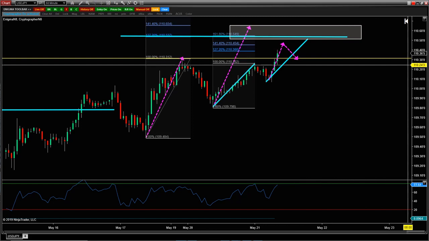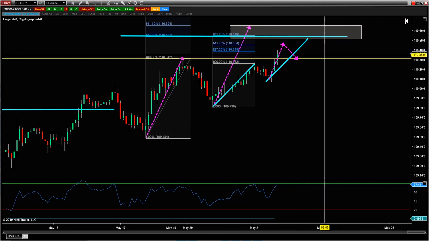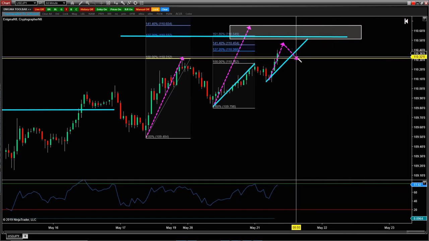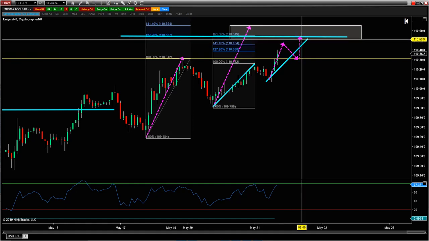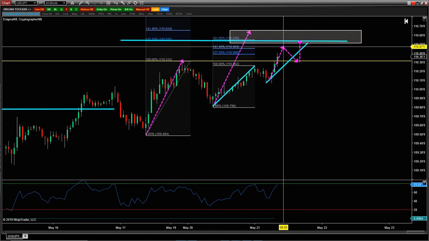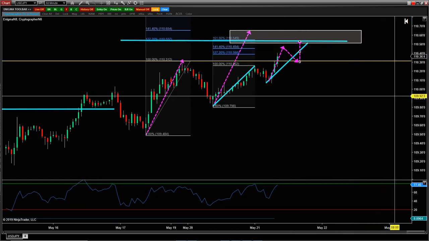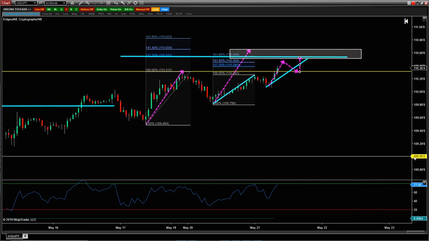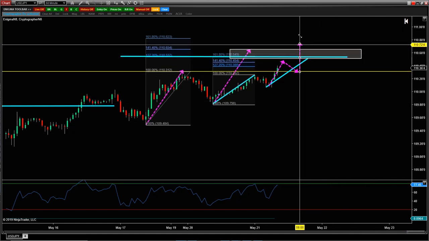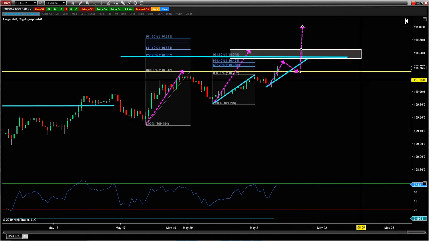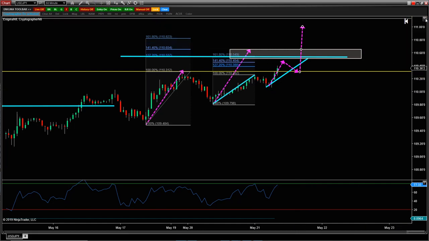We talked about target levels, a few ways you can take them. Depending on what type of trader you are, you can look for a move back up to this level. Or you can look for a move back to the retest of the previous highs. You can look for a move to this level. Ultimately, you can look for a move to, again, 111s up here. And that's going to be different depending on your trading style.